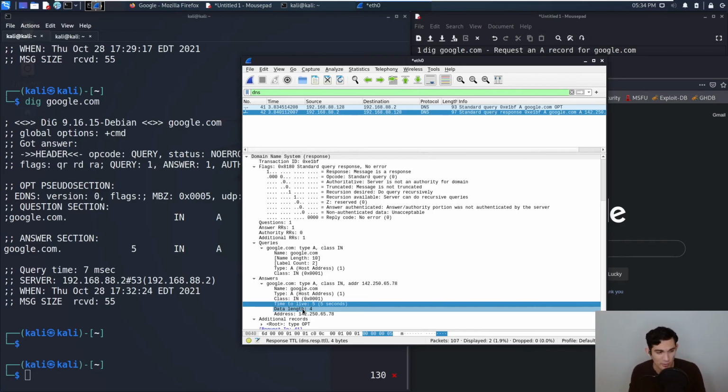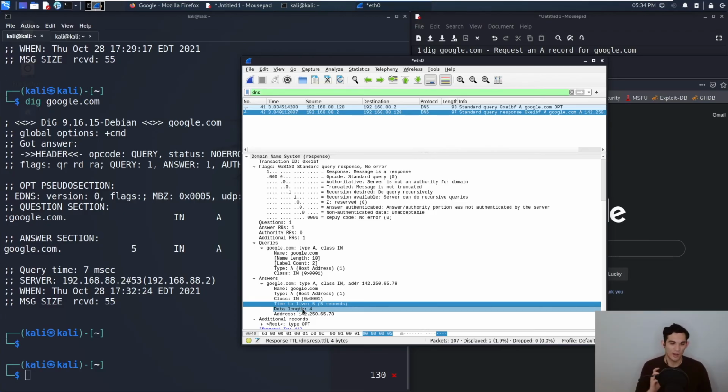It's very short. So basically, let's just say that our DNS resolver here was being used by everyone on my local network. Anyone who tries to go to google.com and needs to make a DNS request because their computer doesn't remember where google.com is, they will ask the DNS resolver, and the DNS resolver will only remember that information for 5 seconds.